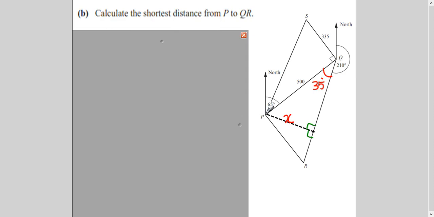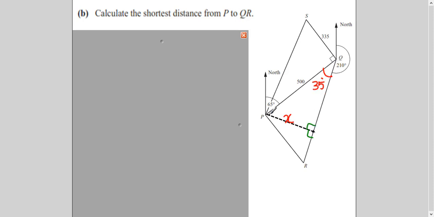Now the second part of the question is saying shortest distance from P to QR. Now point P is here, the line QR is here. You need to understand that whenever the question says shortest distance, it is always a perpendicular distance, right? So shortest distance from P to QR means you have to find this distance. If you look at this triangle, it's a right angle triangle, because shortest distance always falls at 90 degrees. Now I don't know this side, I don't know this side, so this triangle will not help me to calculate this distance.